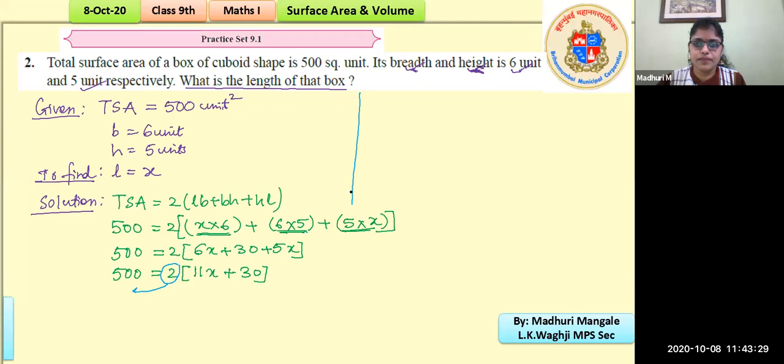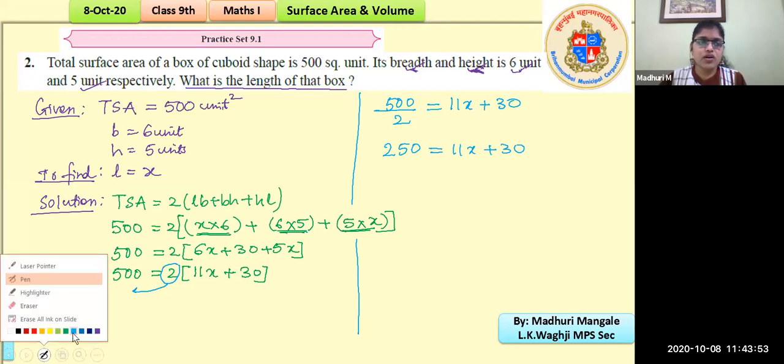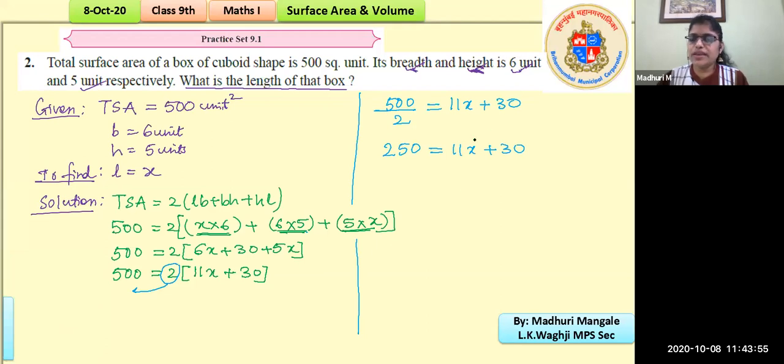So over here, let us continue on this side. So that would be 500 divided by 2, which is equal to 11x plus 30. So what is 500 divided by 2? That would be 250, which is equal to 11x plus 30. What are we going to shift next? So always try to get rid of the non-x terms. We keep the x term on this side, so we are going to get rid of this plus 30. Plus 30 on that side would make it negative 30. Addition will change to subtraction, so that would be 250 minus 30 equals 11x.